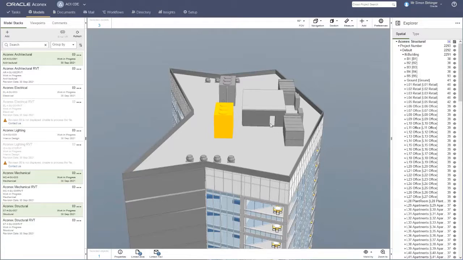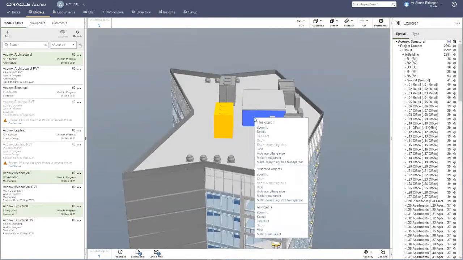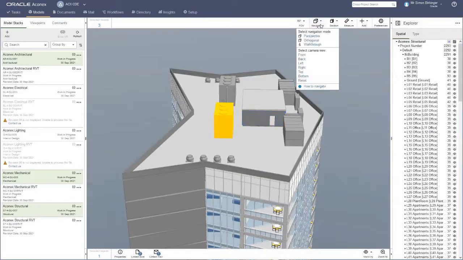And now you have all the possibilities of a viewer. So for example, you can zoom in with your mouse, use your right mouse button to zoom to selected objects, make things transparent, or even hide them in the viewer. With the navigation bar, you have the possibility either to choose between the perspective or the orthogonal view, or even use the walkthrough mode and even plug in your VR glasses and go into the model with virtual reality. There are some standard camera views which you can select in here, but now let's switch to the next point,